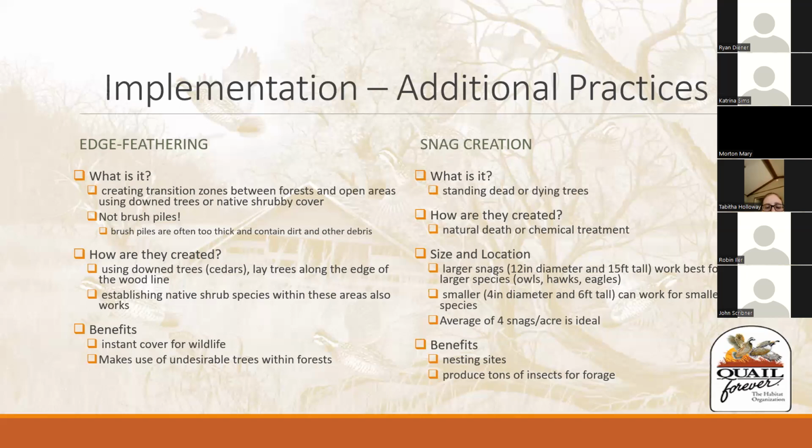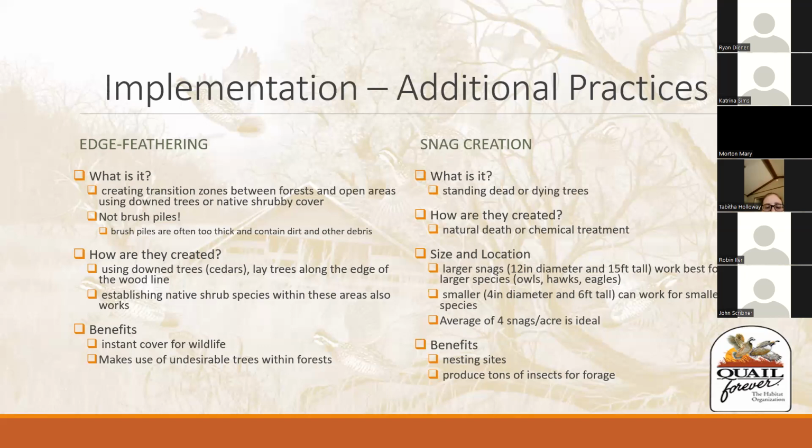Or by establishing those native shrub species, that also works. And it provides instant cover for wildlife and makes use of those undesirable trees that we're getting rid of within our forest lands. Snag creation is another great practice that we can use. A snag is essentially a standing, dead or dying tree. And as that tree dies and as it decays,